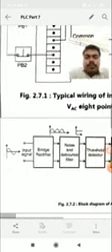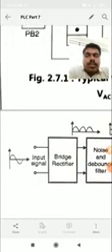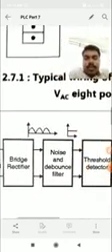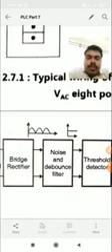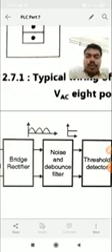AC input is taken, right? As AC input is taken, and as we know that PLC is a digital device, we have to convert this AC into DC. So a bridge rectifier is connected. The bridge rectifier converts the AC into pulsating DC. Then the pulsating DC is passed to the noise and debounce filter, which filters out the unwanted part and converts it into DC.